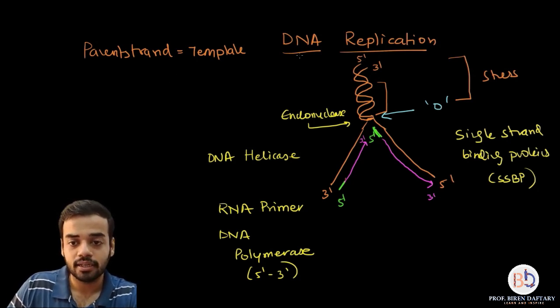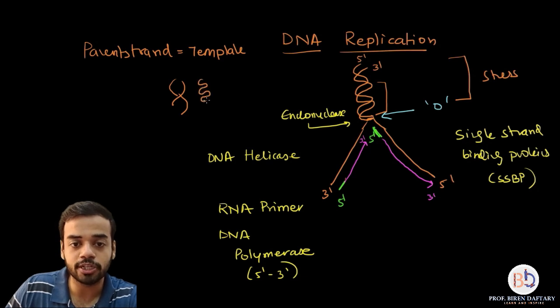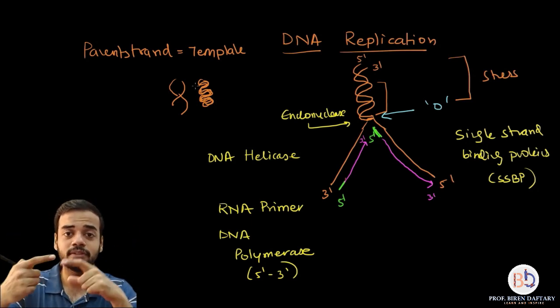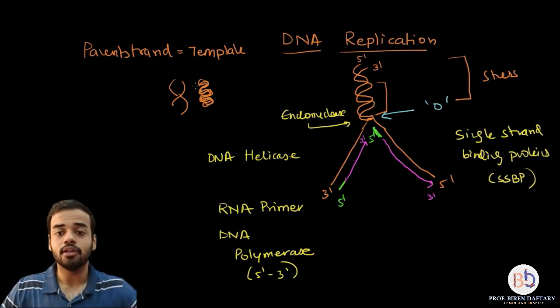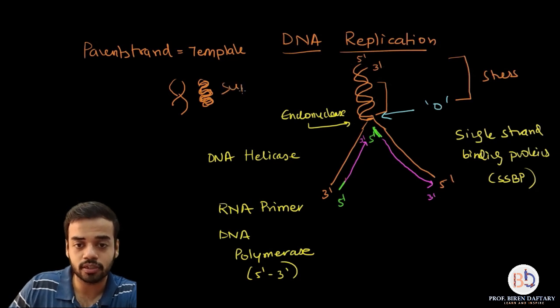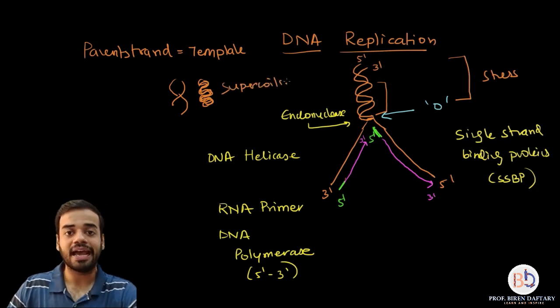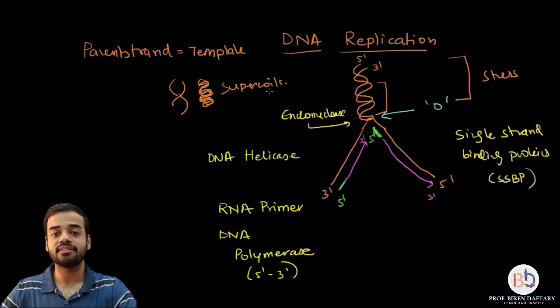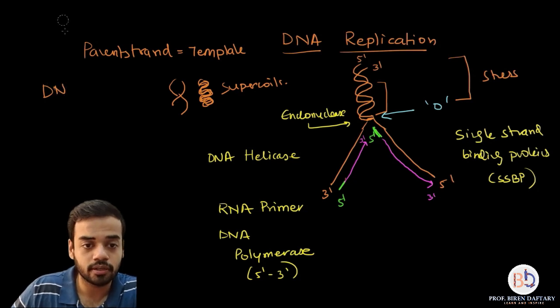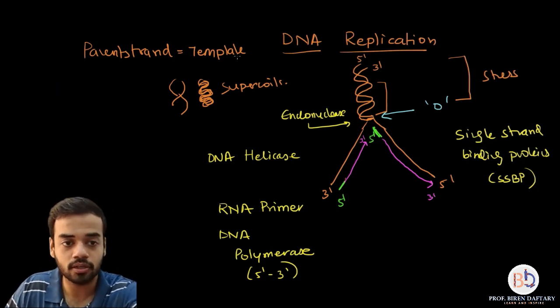Normally if the two strands are simply coiled like this, then in case of supercoils, multiples more coils will be formed. So there is more coiling than required, and because of that the DNA can break. Okay, so this stress causes supercoils to form over here. So I'm going to write down the word supercoils, and this stress is removed by an enzyme which is called DNA gyrase. Okay, so let me use the yellow color.